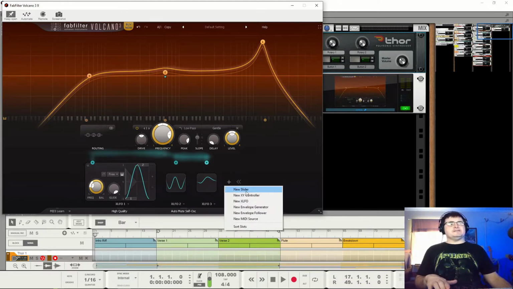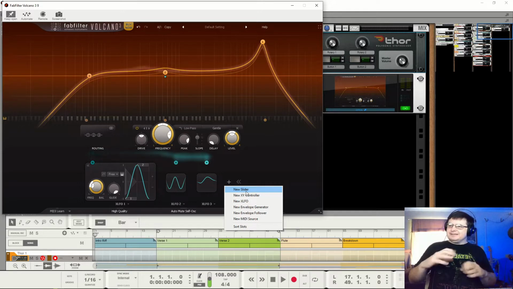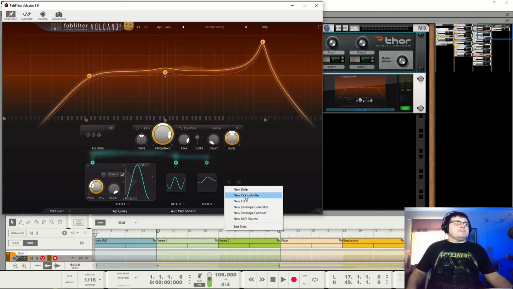You can have just a slider, which is used to control one or many things at once. So by moving your slider, just like in a combinator, you can have it add some here, subtract some there, and do lots of things in one spot. XY controller, so your pad things, LFOs, envelope generator and envelope follower, which we will look at quite a lot,